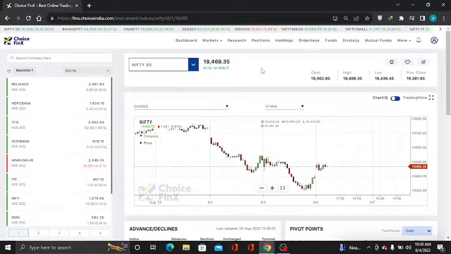So market means what? Nifty. Nifty is the only instrument to understand the market direction, whether the market is going to be on the upside, whether the market is going to be on the downside, or going sideways to make a trade. That is the important thing.